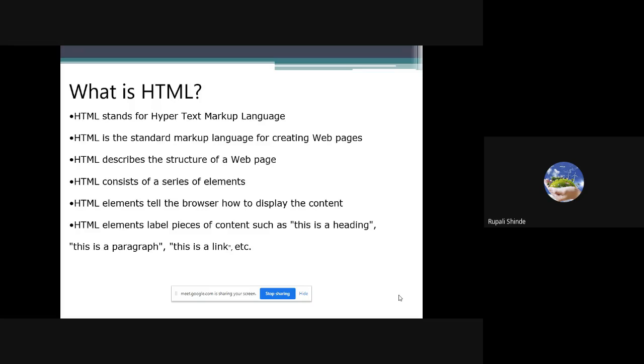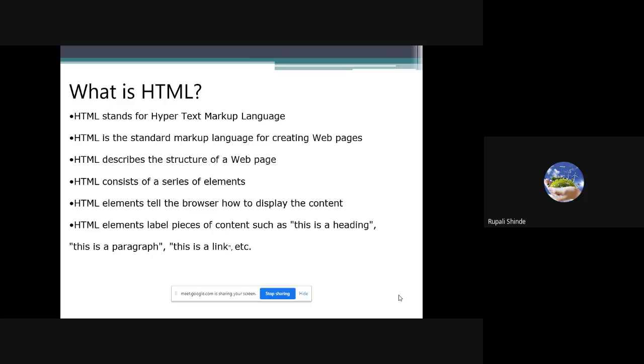A simple example for an element is our house. Then whatever value additions we include in the house are nothing but the attributes of that particular house. So an element is the asset of the HTML language.